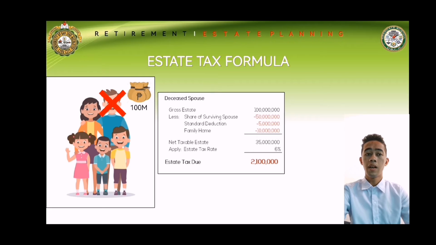Estate tax formula. If the deceased spouse has a gross estate of 100 million, minus the share of the surviving spouse of 50 million, standard deduction of 5 million, family home 10 million. The total net taxable estate is 35 million. So we apply the 6% estate tax rate. So the estate tax due is